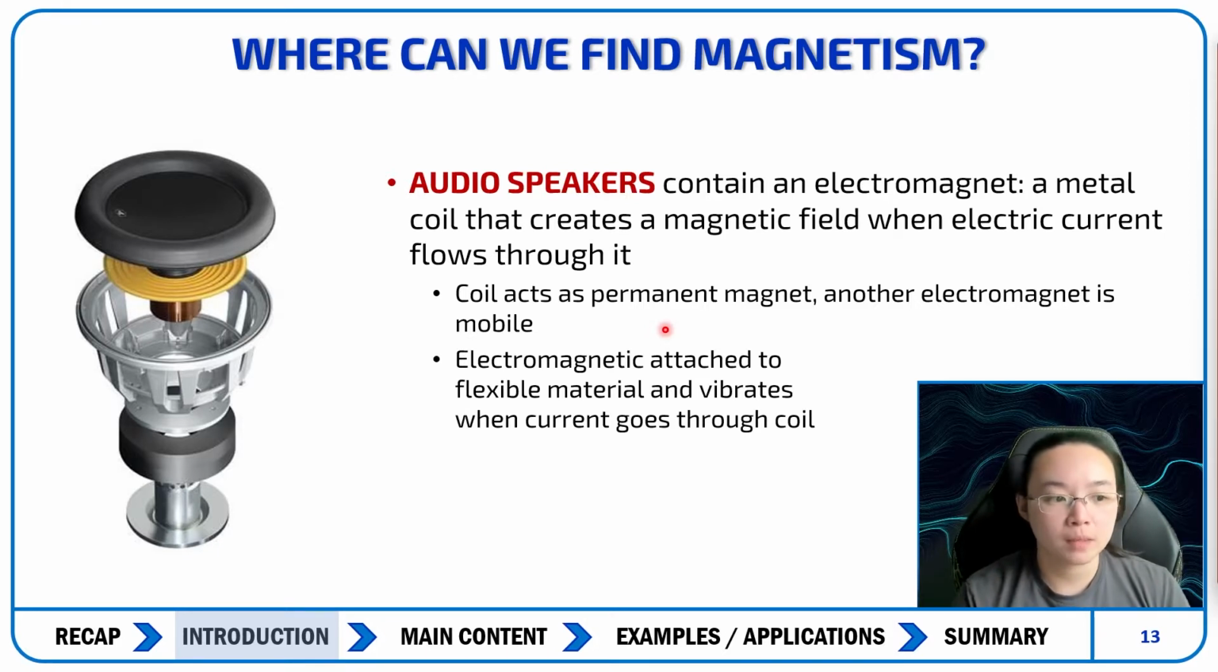So just keep in mind, there's a coil that stays where it is, and then there's another electromagnet that is mobile. The electromagnet is attached to a flexible material, and it vibrates when the current goes through that coil. In other words, every time an electrical signal goes through the speaker, there's current flowing through the coil right here. This coil is considered the permanent magnet because it doesn't move. But there's another magnet that's mobile up here, and it vibrates. It vibrates because there's going to be an attraction or repulsion every time a current passes through this permanent magnet